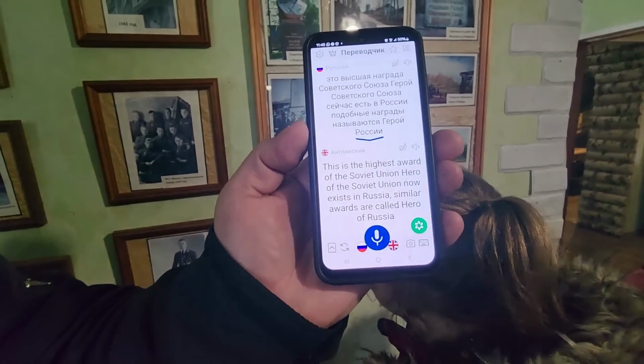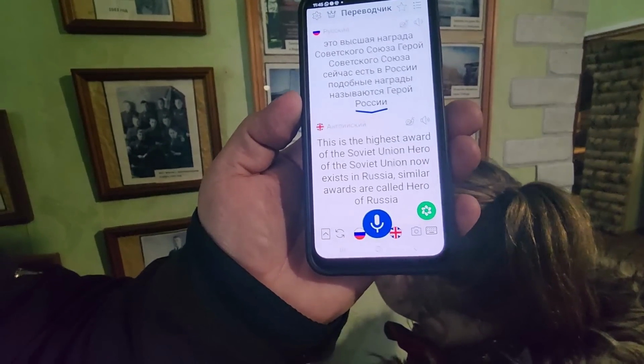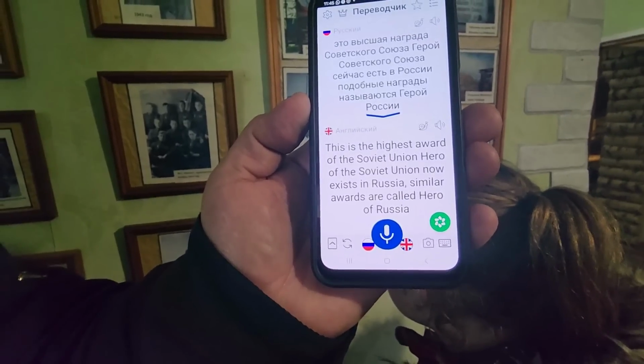This is the highest award of the Soviet Union. Hero of the Soviet Union now exists in Russia. Similar awards are called Hero of Russia. No? Hero Soviet Union and Hero...